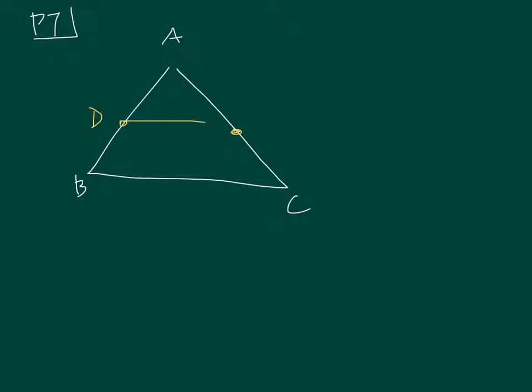Suppose DE is parallel to BC. Which proportion is not correct? Is it true to say AD divided by AB equals AE divided by AC? If so, A is not the correct answer, because you're looking for the one that is not correct.